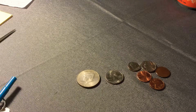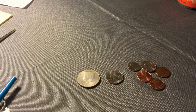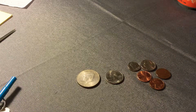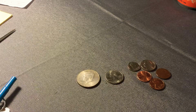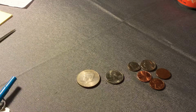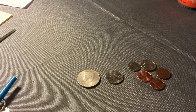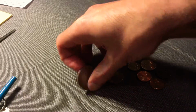But so these are the current coins before you, and to be honest, I'm not crazy about any of them really. And a lot of these designs have been around longer than a lot of the past more impressive designs that were on the United States coins before. Why don't we just start with the denominations? So you've got the half dollar,